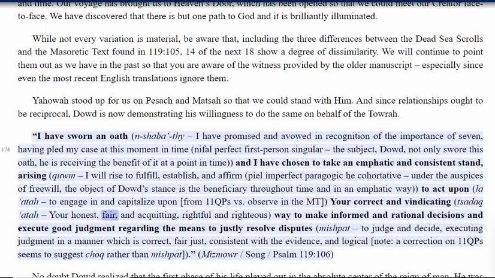your honest, fair, and acquitting, rightful and righteous, way to make informed and rational decisions and execute good judgment regarding the means to justly resolve disputes, mishpat, to judge and decide, executing judgment in a manner which is correct, fair, just, consistent with the evidence, and logical. Note, a correction on 11 qps seems to suggest qut rather than mishpat. Mizmowr, Song, Psalm